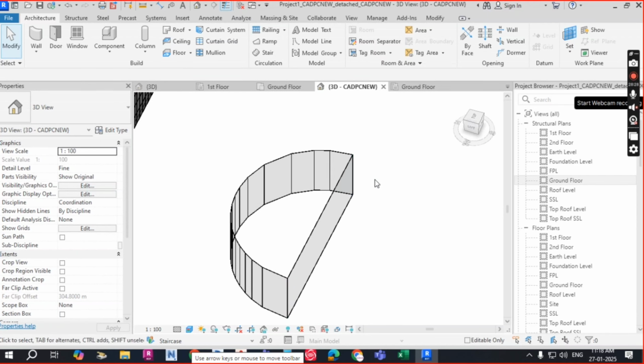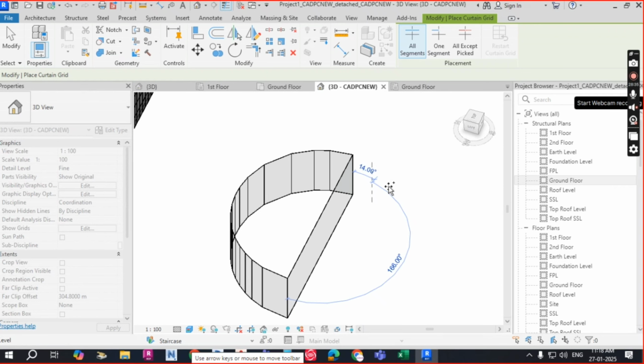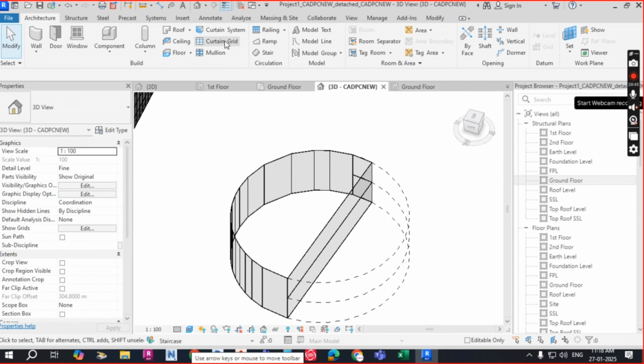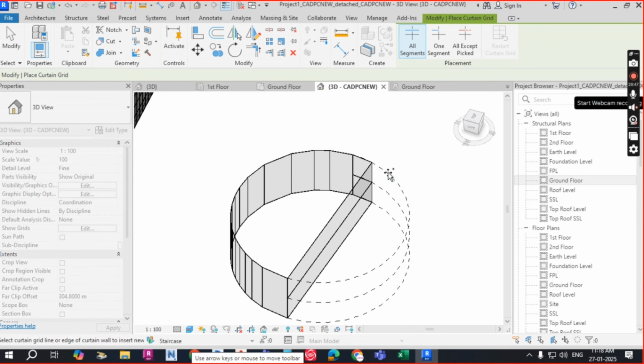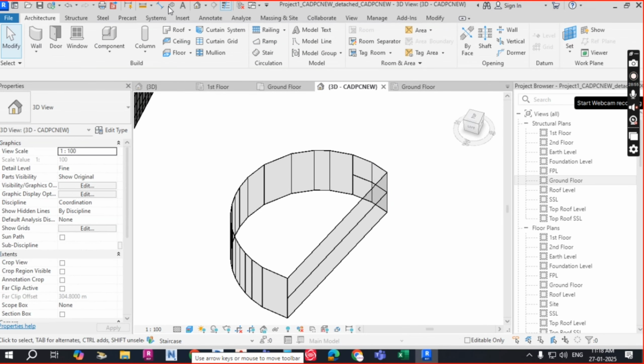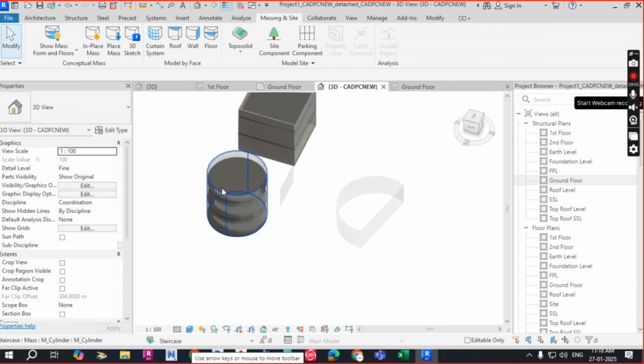Remaining half, if you want to put a circle, again you have to go curtain grid. Then only it will become. Again you have to put curtain grid, then only the next step comes. Again if you put curtain grid, again it will become. Like that each and every circular curtain system is not possible directly. It will take some time manually. But when you go for the curtain systems, this curtain system automatically, with the help of massing, directly becomes